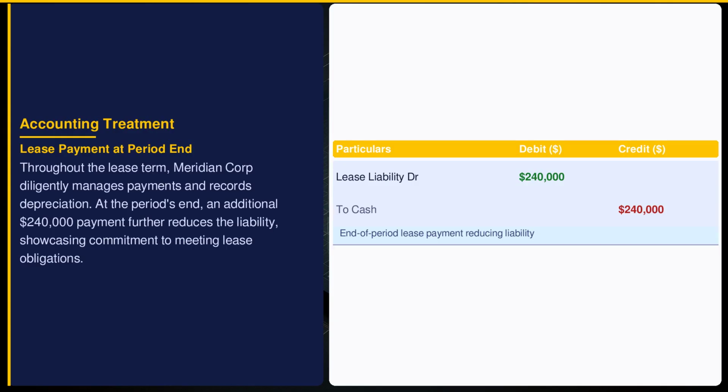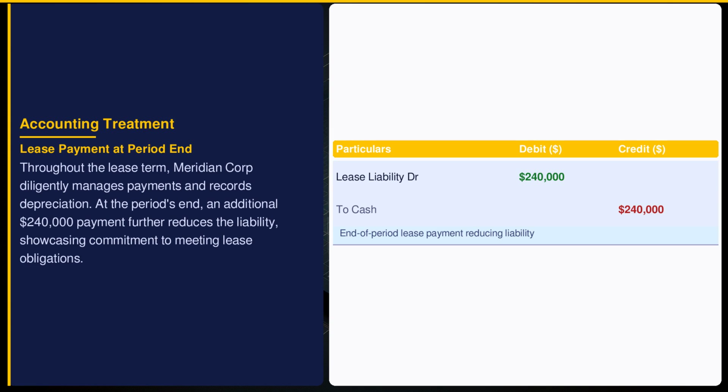This end-of-period lease payment keeps liability in check and reflects Meridian Corporation's disciplined financial practices. Recording it under AASB 116 ensures transparency and accuracy. By reducing the lease liability by $240,000, Meridian maintains a balance between obligations and cash flow, vital for sustaining financial